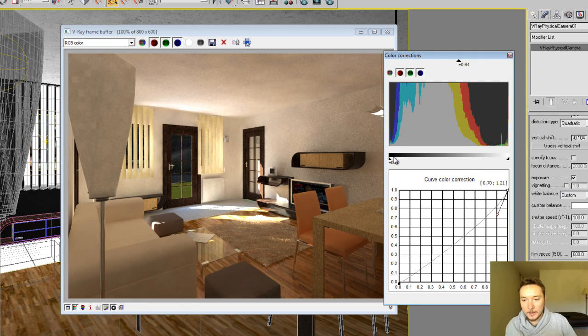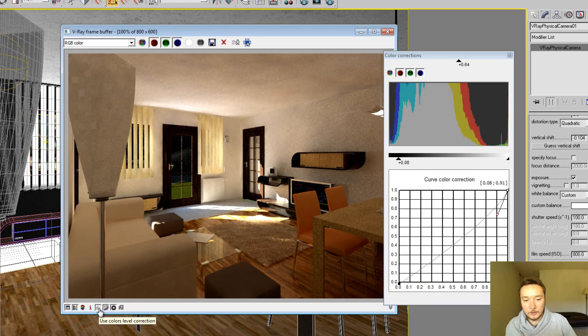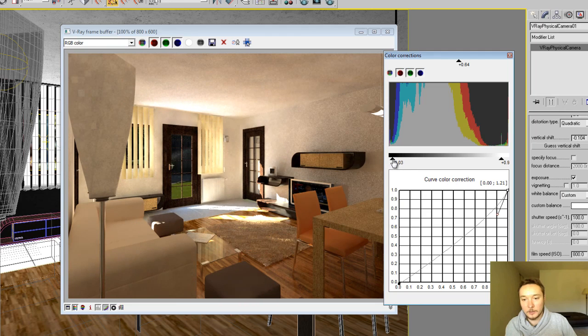All right, and we also have here this button of color levels. These are the levels here. So you can put the colors range. So you see we get a more contrasted image. As I said, this is the